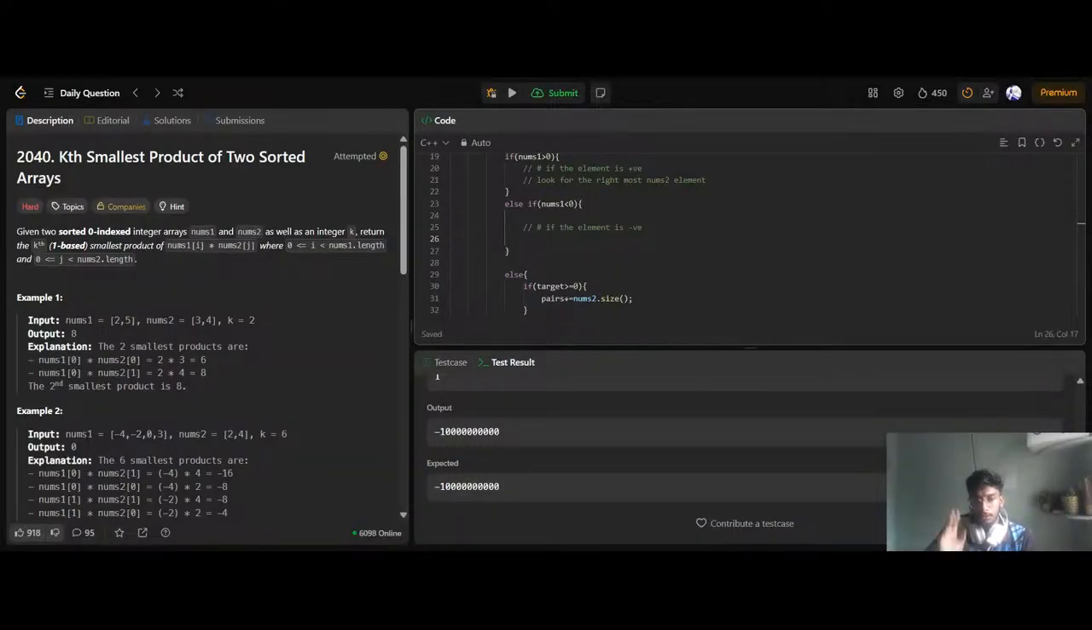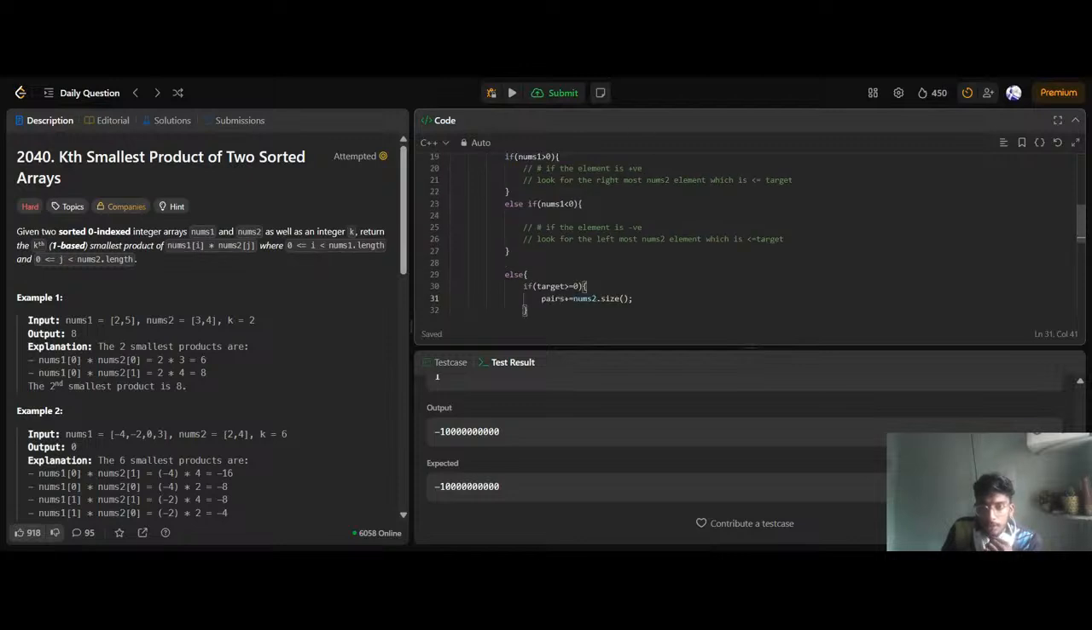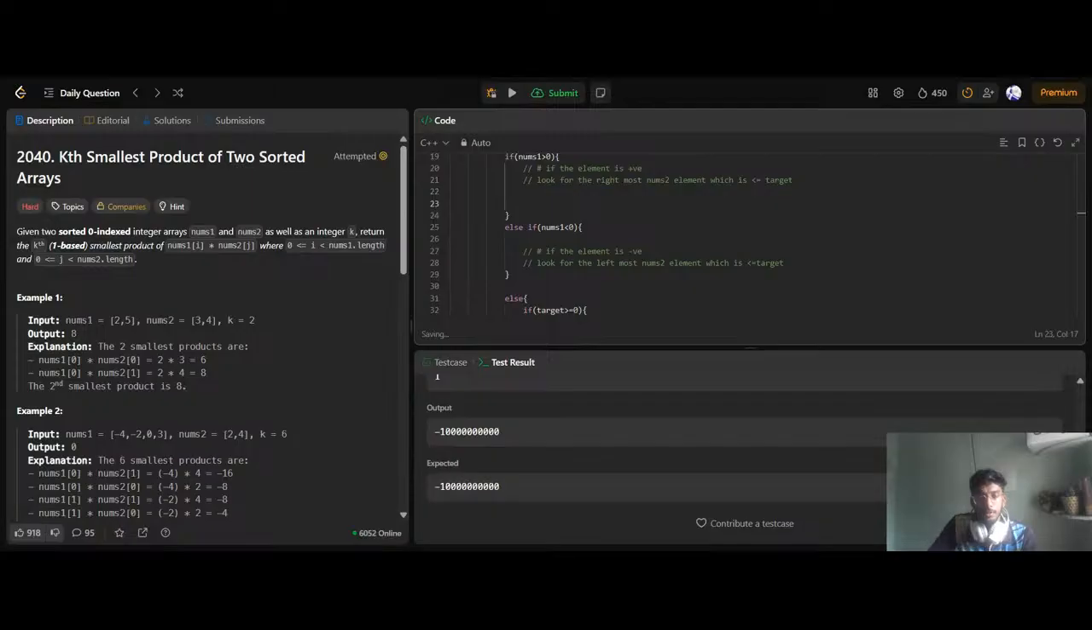In this I was looking for the rightmost element, and in this I'll just look for the leftmost element which is smaller than or equal to the target product. Also in this case look for the leftmost nums2 element which is smaller than or equal to the target. Okay, great. And in this I'm just adding all the elements if the target is greater than 0. Okay, great. Now talking about a search space,